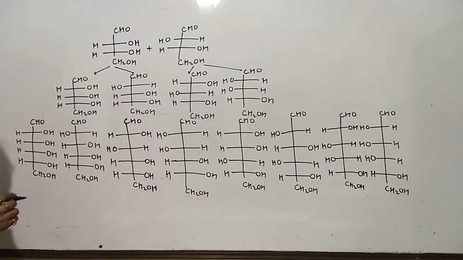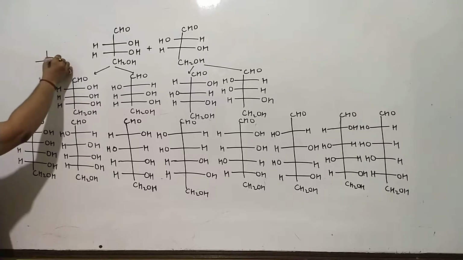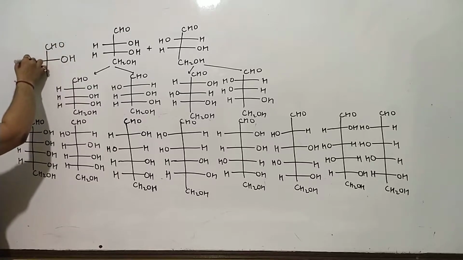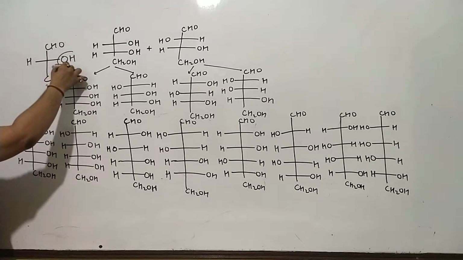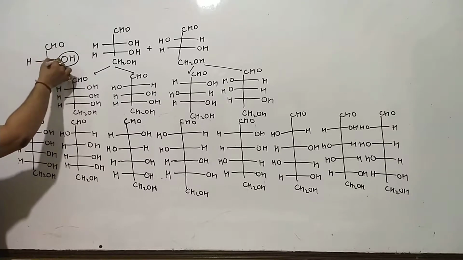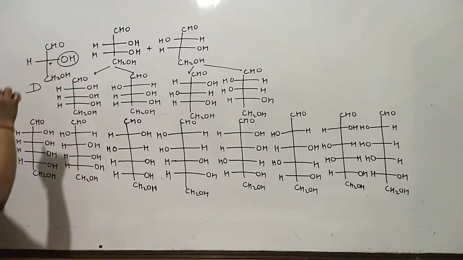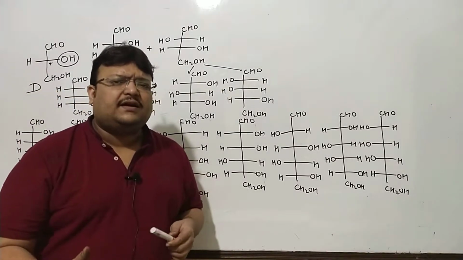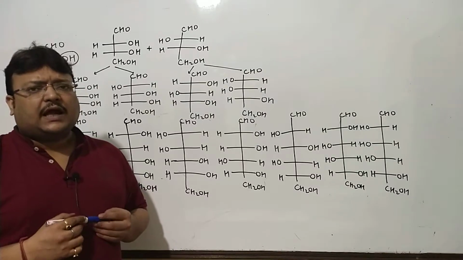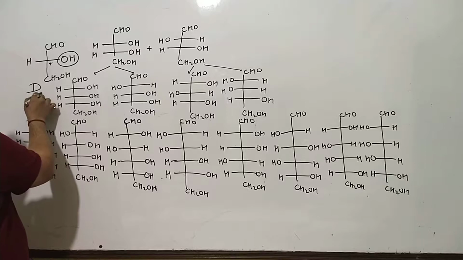It's called the family of capital D sugar because it all began with this form of glyceraldehyde, which had this OH to the right, keeping CHO vertically up. You had this OH to the right, chiral carbon, and that was capital D, having this OH to the right. Capital D has nothing to do with its dextrorotatory behavior. Capital D is absolute configuration; that this is D plus is only incidental.